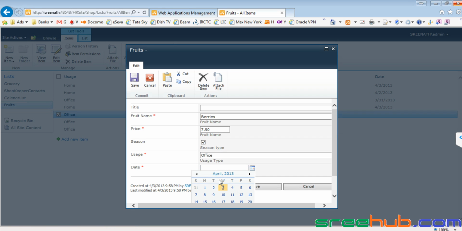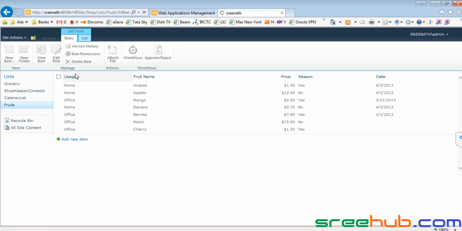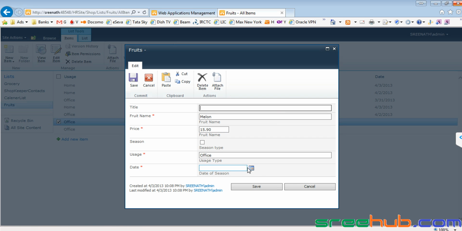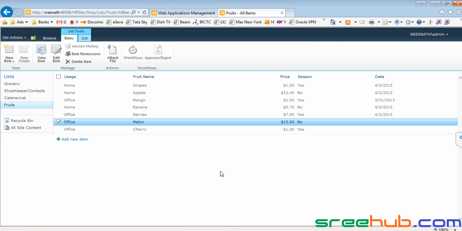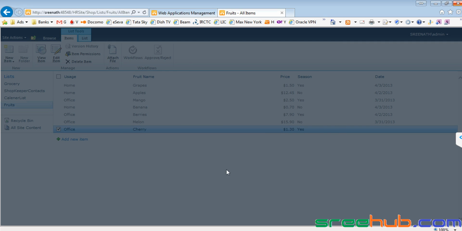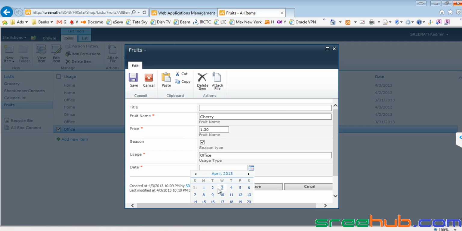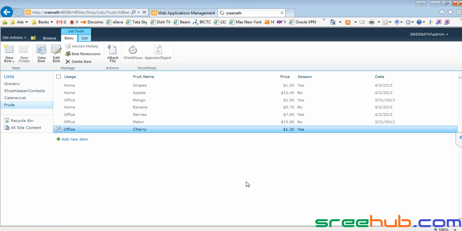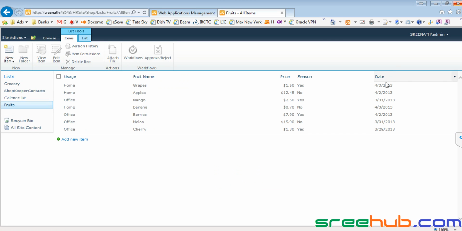Let us go back and add yesterday's. Go back to office, edit item, go back here and make it 31st, save. Go back to this item, edit item. Let us give something previous, 29, say. Fine.